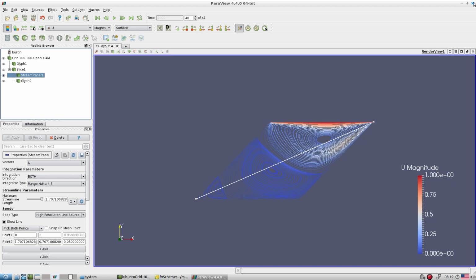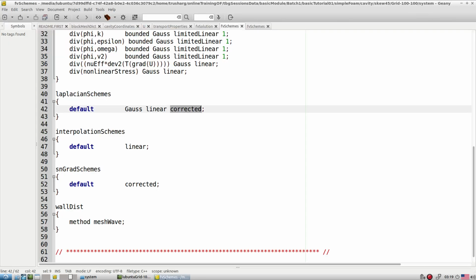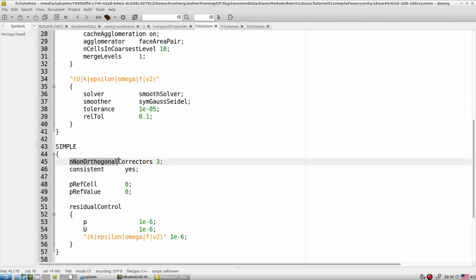So this is about the skew cavity. What we did: we adapted the square cavity and changed the coordinates, and then we also explored the options available in the fvSolution file, like non-orthogonal correction, because now when we move from square to skew cavity, we are moving from an orthogonal mesh towards a skewed mesh.